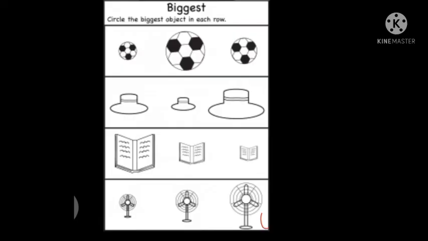Okay students, so today this is your chapter 1 recapitulation. सेफ सेंस स्पेस का recap करवा रही हूँ, right? So उसी का आपका first क्या exercise है, circle the biggest object in each row. In each row we have to circle which is biggest in size. So biggest है उसको हमें circle करना है.